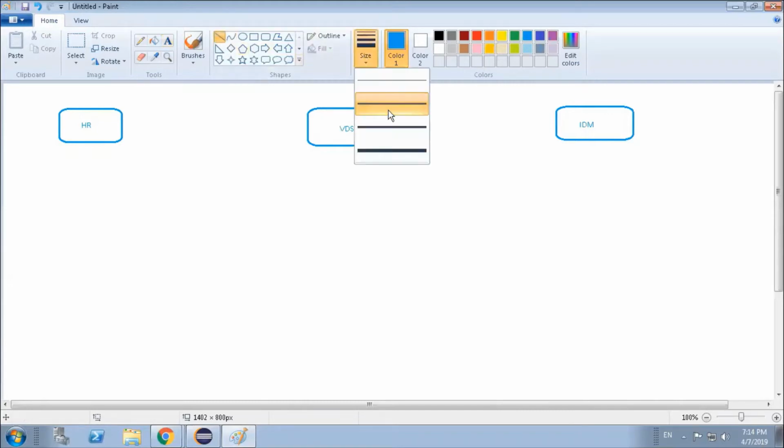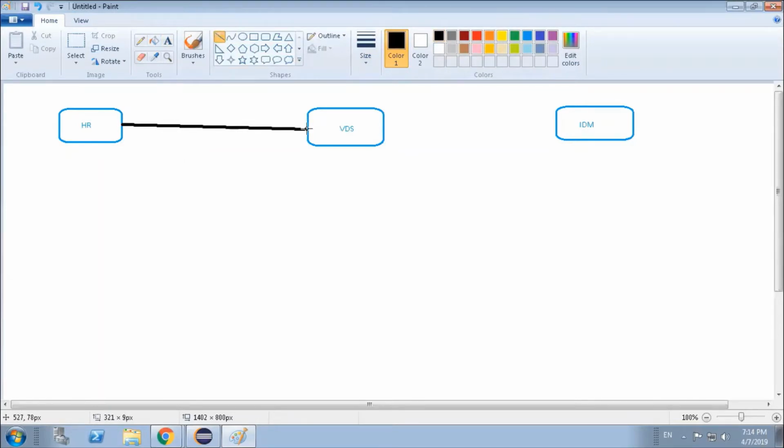So what we are basically doing is connecting this HR system to the VDS system, and this VDS system to the IDM system. In order to do our integration, these connections are needed. And what are the activities that we are doing, that we will be seeing. Now, first we came to the IDM system. So if you remember our architecture in IDM,